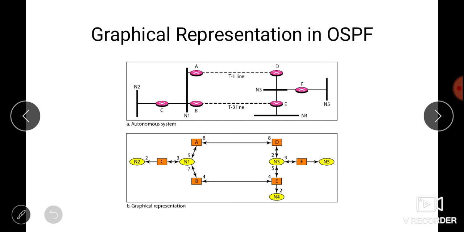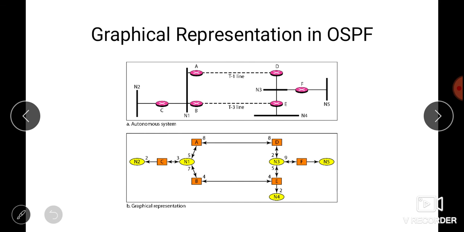Okay, so next we have the graphical representation in OSPF. Here we have 7 networks and 6 routers. Two of the networks are point to point networks, which are A to D and B to E. There is no need to assign an identity to a point to point network because they are directly connected. We have used square nodes for the routers and ovals for the networks in the graphical representation.